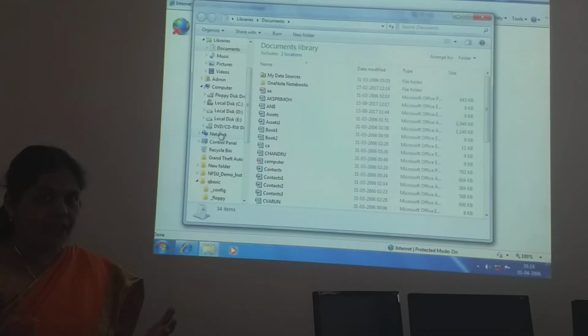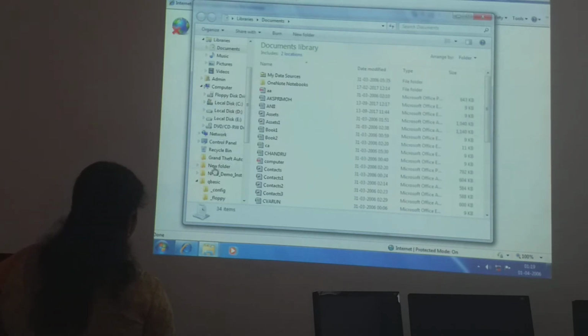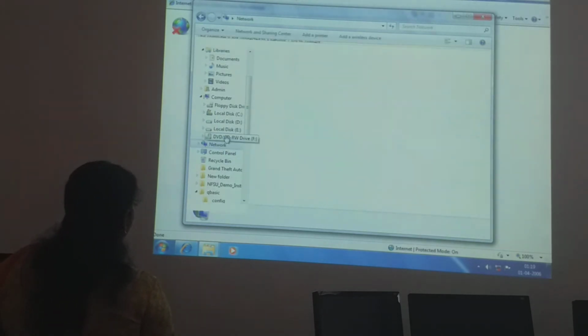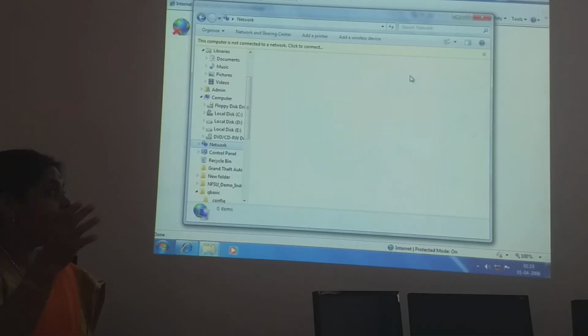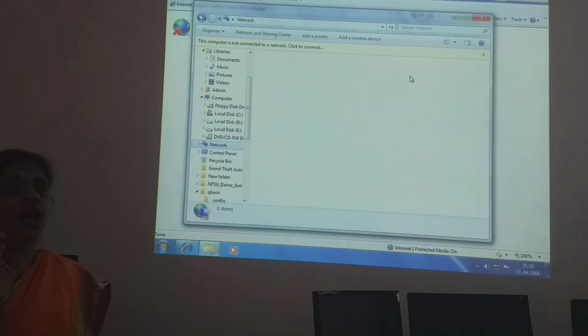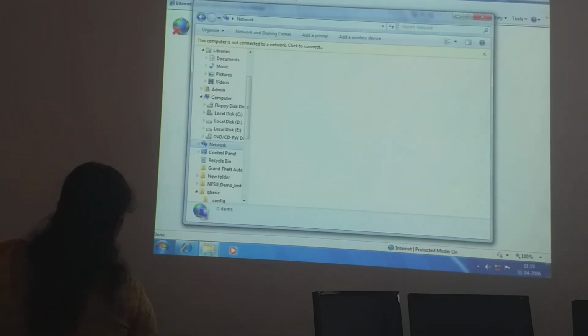Okay, so to share the data, more computers are being connected, but here it is not connected. So when you go and click on the network, it will list out all the computers in this network that are connected. Okay, that also you will study as a different topic. Okay, network. Then you have the taskbar, children.